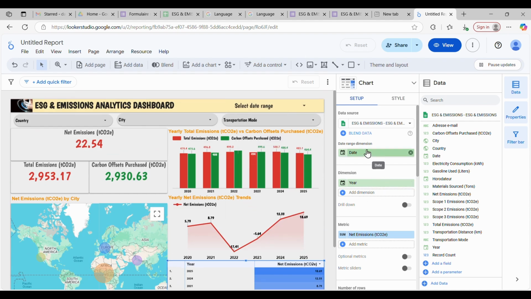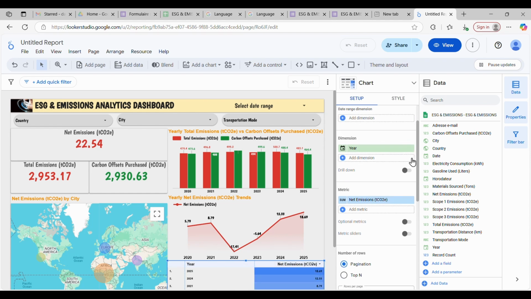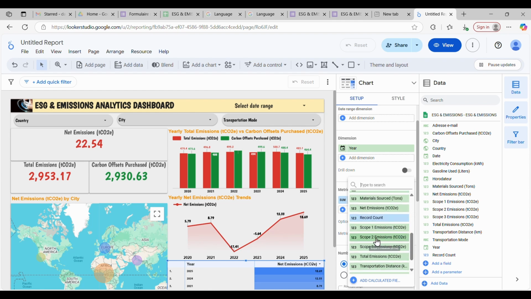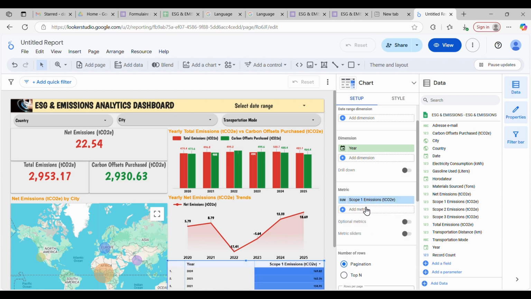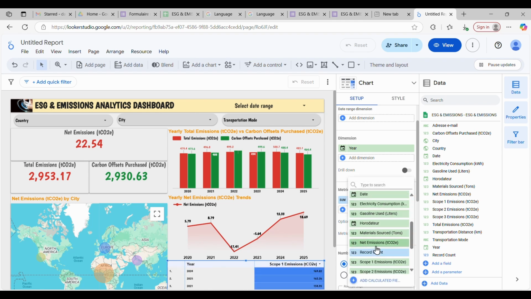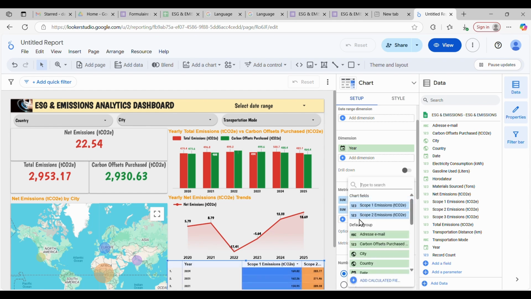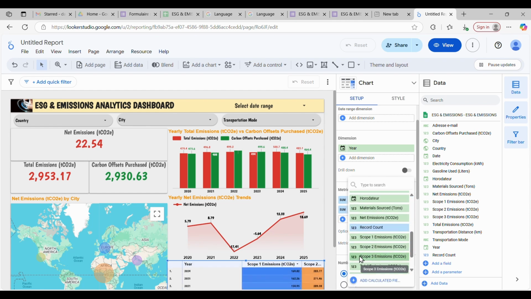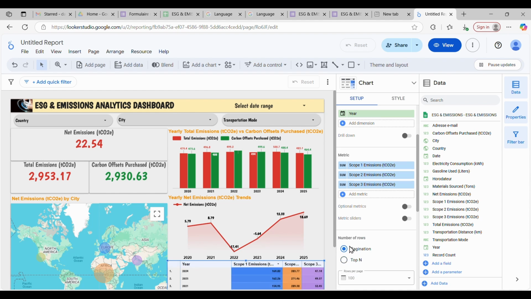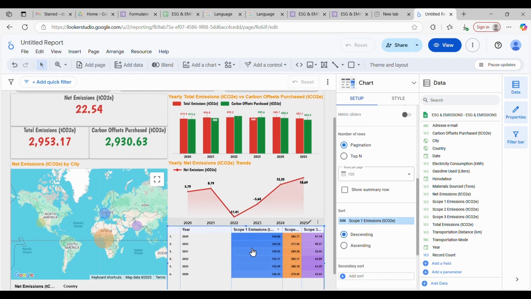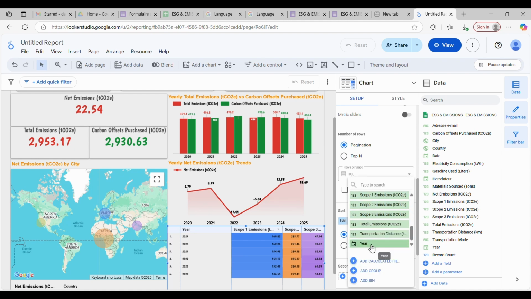But since it is in terms of numeric metrics, what we are going to do is bring the table and see the year, what is the scope 1, and then let me add what is the scope 2, and finally what is the scope 3. So to see all the 3 scopes by year, and we see which scope is actually generating